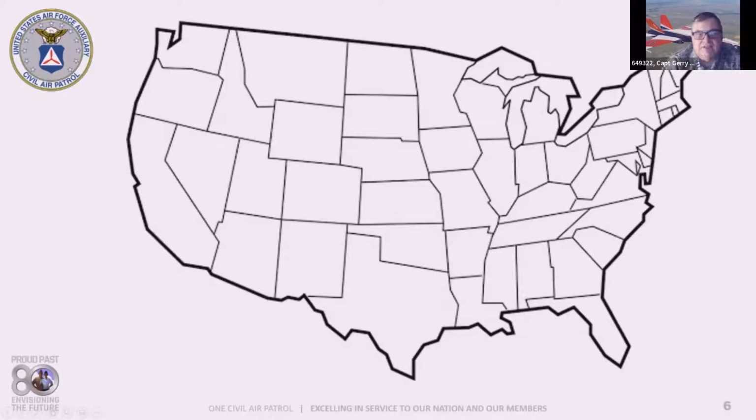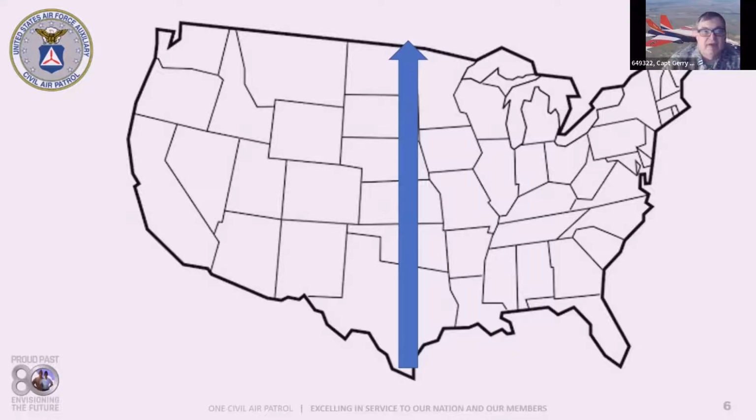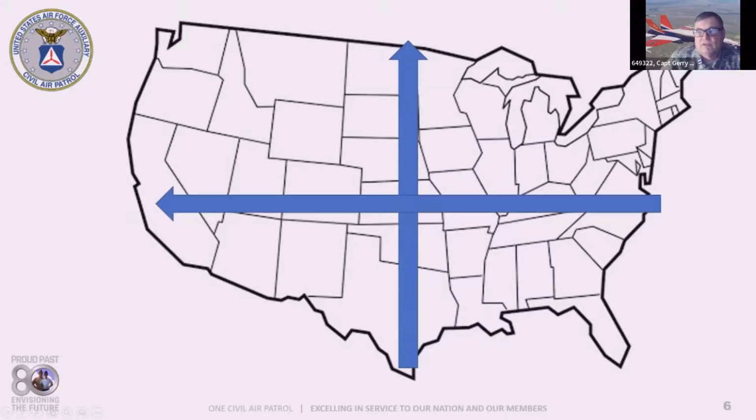So in the continental US, latitude numbers are read from north to south, bottom to top. Longitudinal numbers are read from east to west, or from right to left. It makes sense because we are north of the equator and west of Greenwich. So in North America, each line of latitude is labeled as north, and each line of longitude is labeled as west.